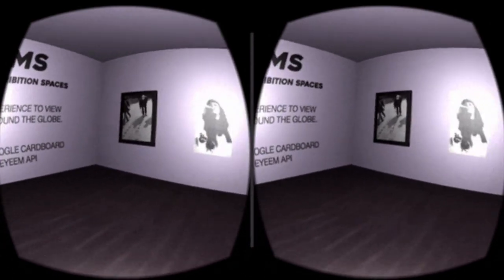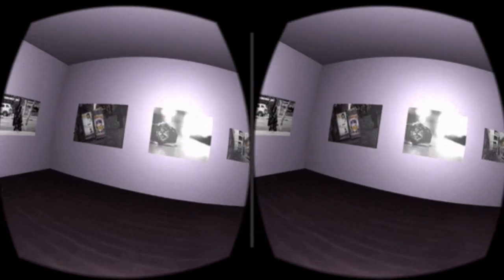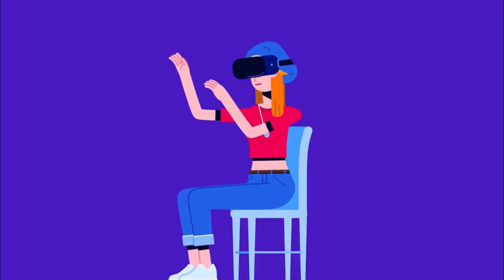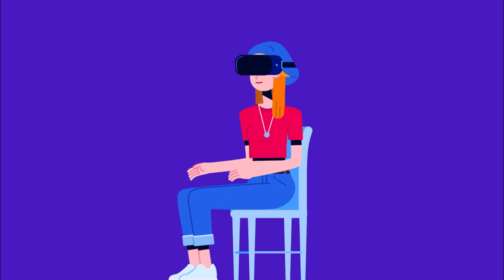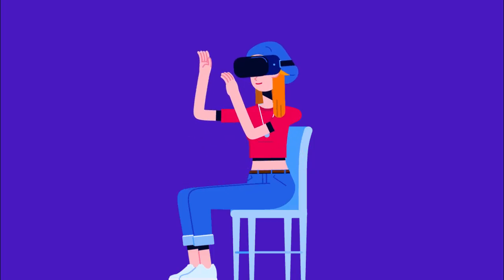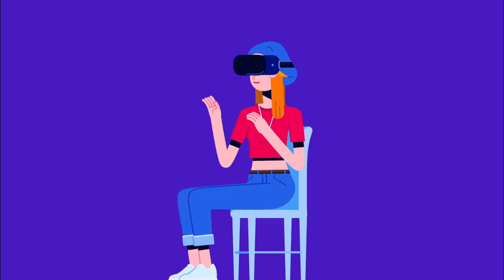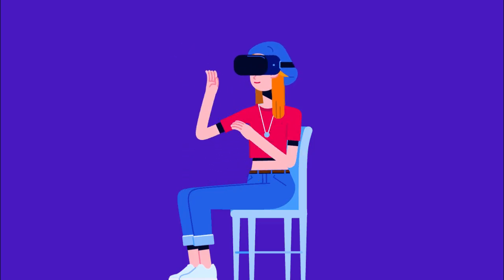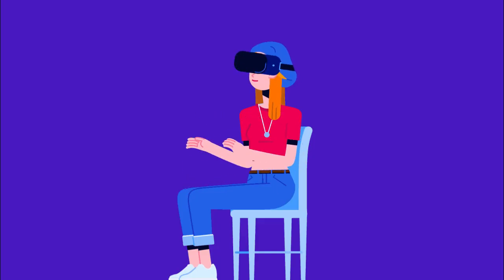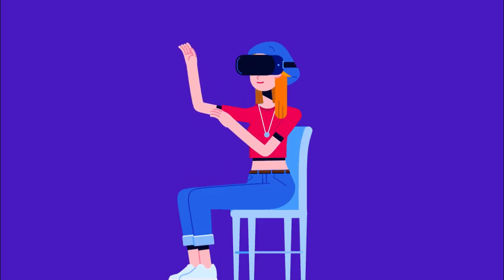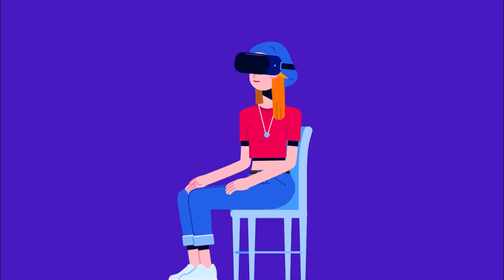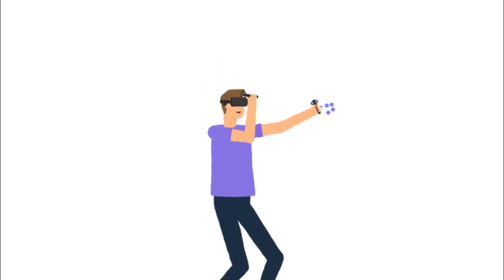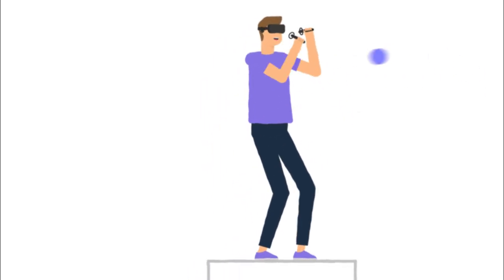However, the stereoscopic display is not enough to make a complete immersive experience. So, the ability to track a user's motion, particularly their head and eye movements, allows the image displayed in a headset to actually change with your perspective. So, if you turn your head to the left side, the display will render whatever is on the left side of the environment. Besides vision, certain VR experiences will also include other sensory simulations like sound and even tactile feedback for touch.